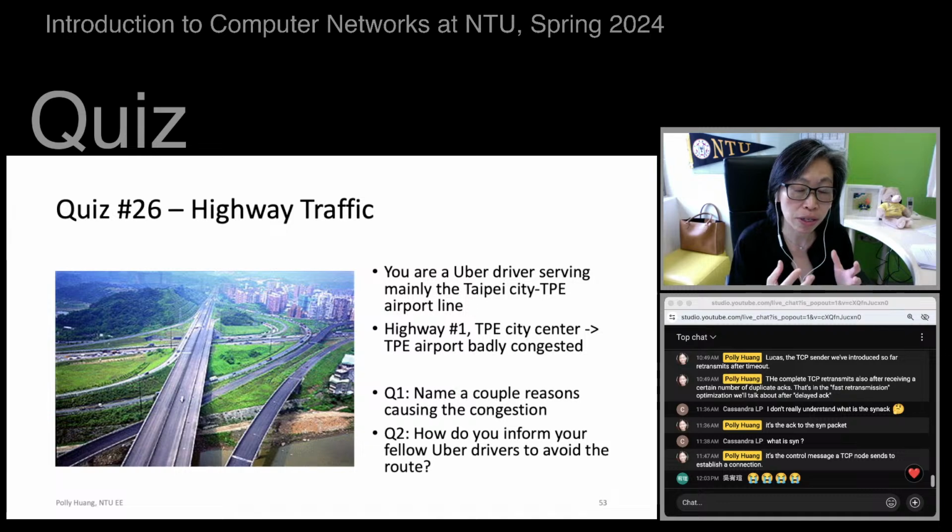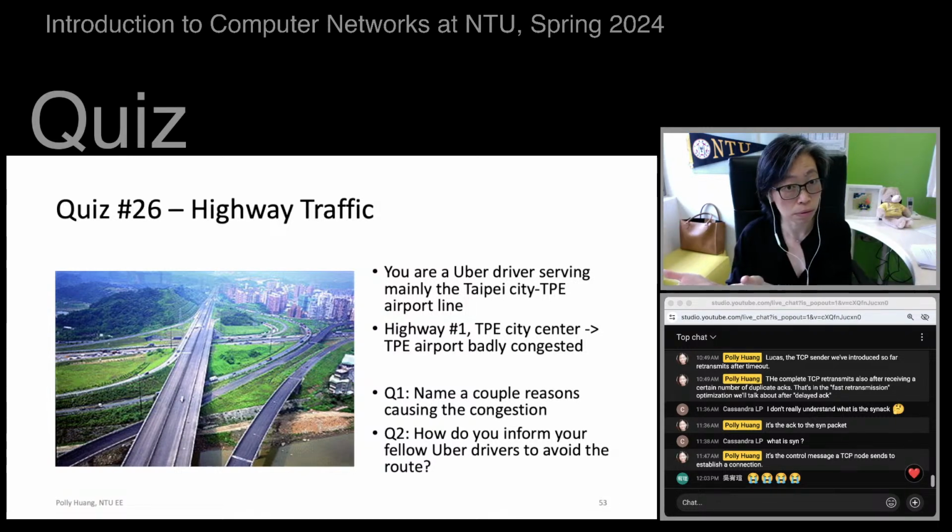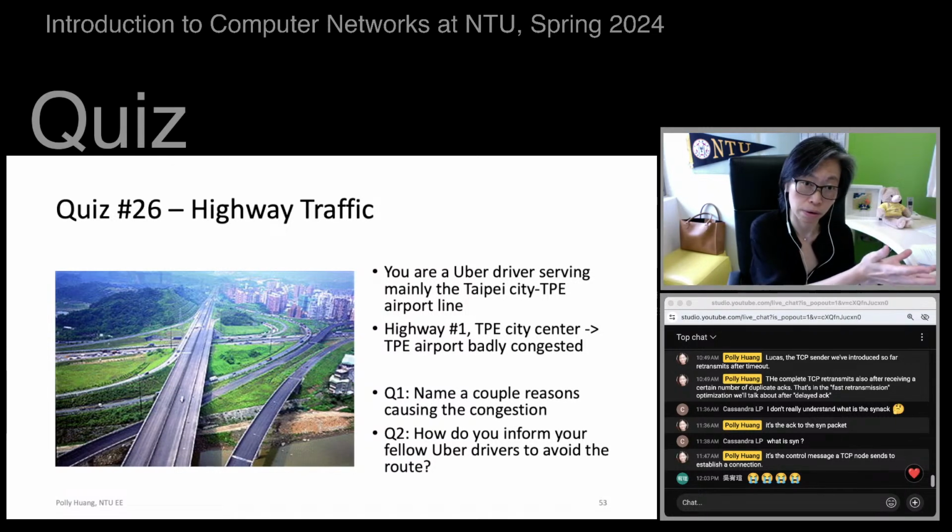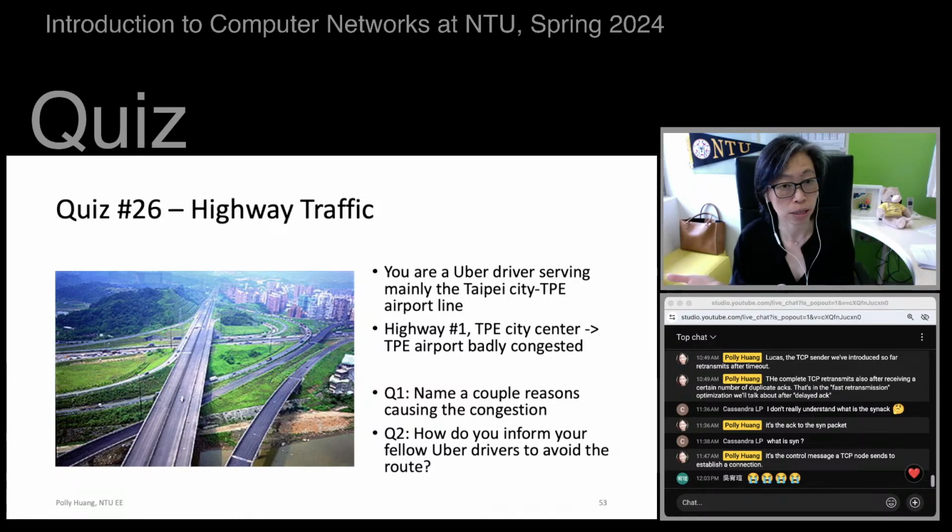This is a question so that you brainstorm about how we solve traffic congestion these days. Maybe you get an idea how we can address traffic congestion on the internet, because they are both traffic congestion. You can probably borrow some of the mechanisms we're already using, transferring the mechanism from one domain to another domain.